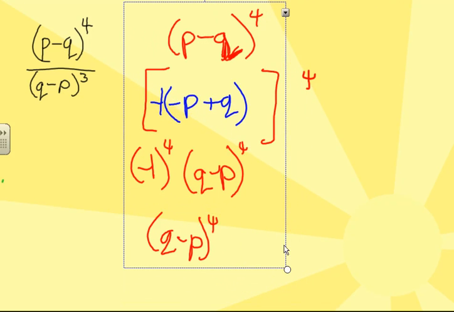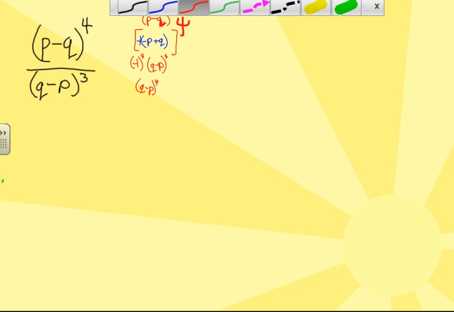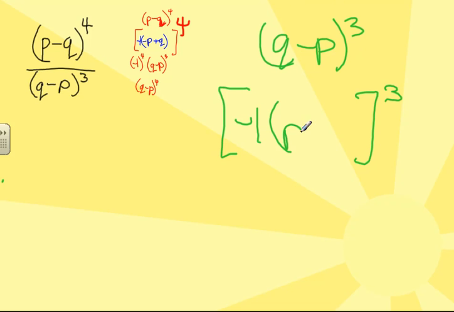It gets a little trickier. Now for the bottom, Q minus P, this is to the power of 3. I'm going to have to do this quickly because I'm running out of time. Putting my 3 on the outside again, I end up with minus 1 times P minus Q. Minus 1 cubed is going to be a minus, which is a negative. That's going to give me a